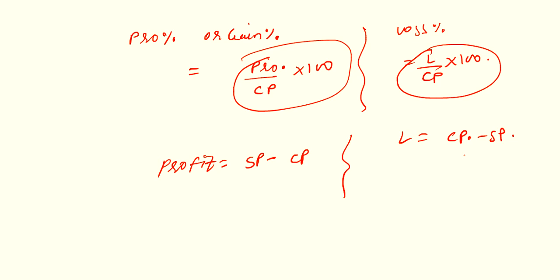Then starting exercise 9A, question number 1. Find the gain or loss percent. Gain is profit. Then how will you know that in a particular question you are having gain or loss? If you are having SP greater than CP, then the case is about profit. If you are having SP less than CP, the case is of loss. Okay, so the first question is